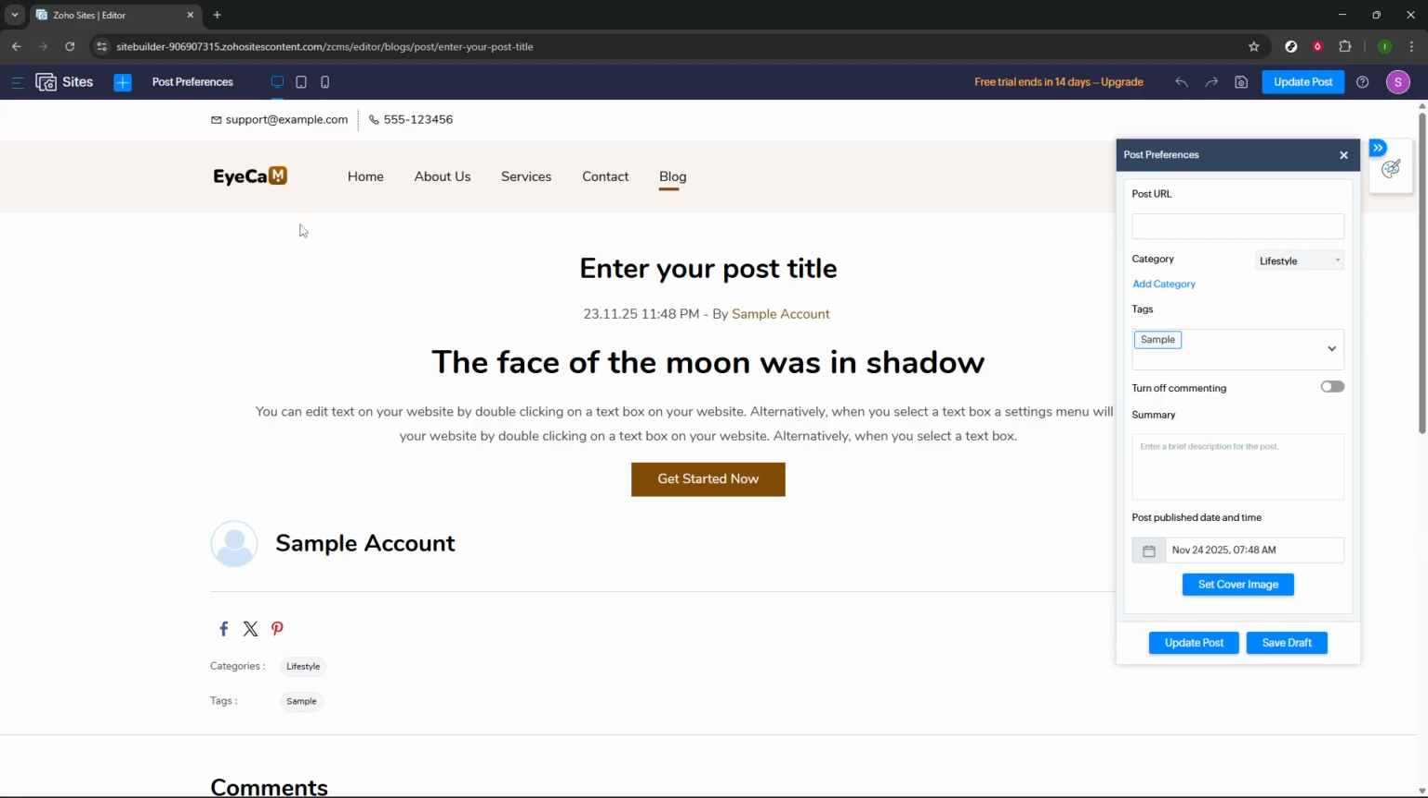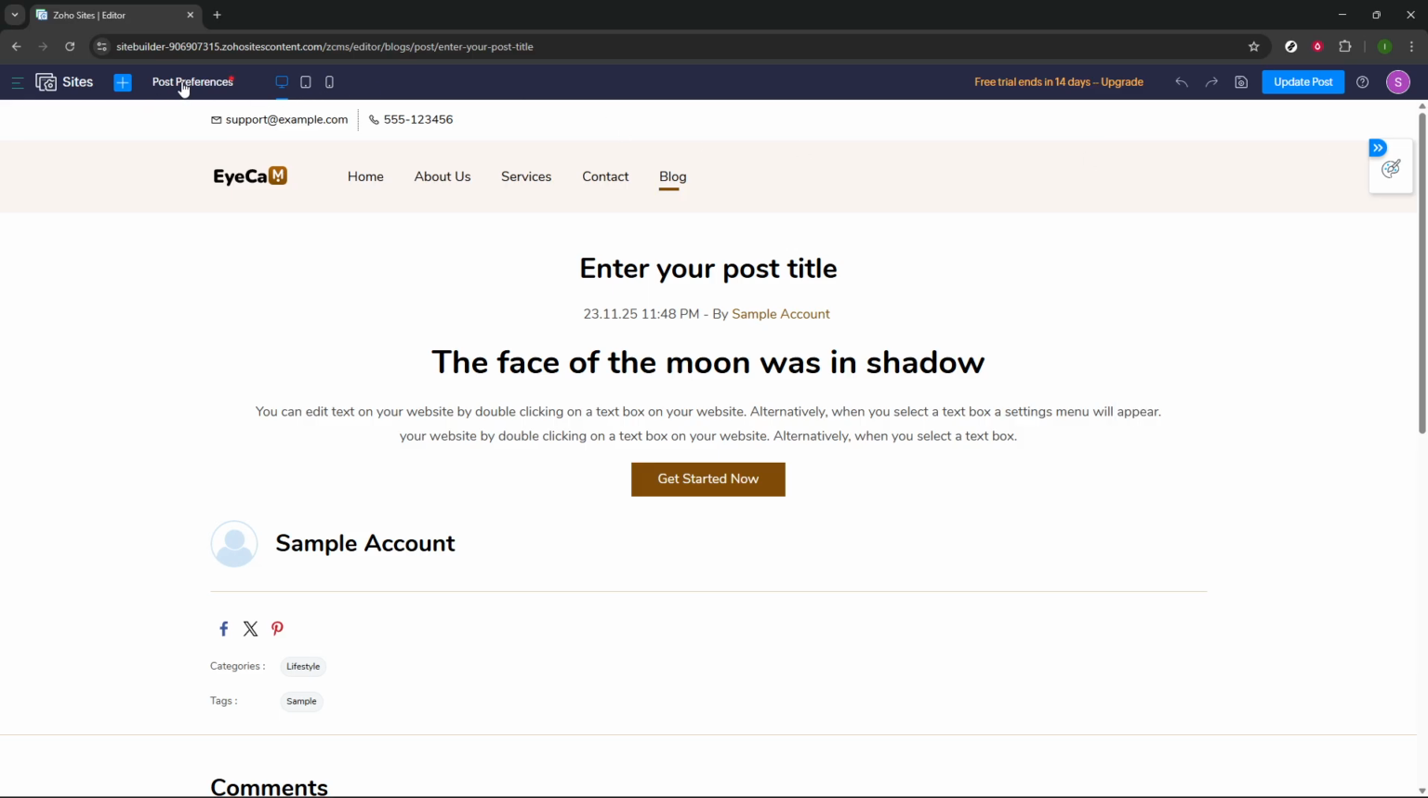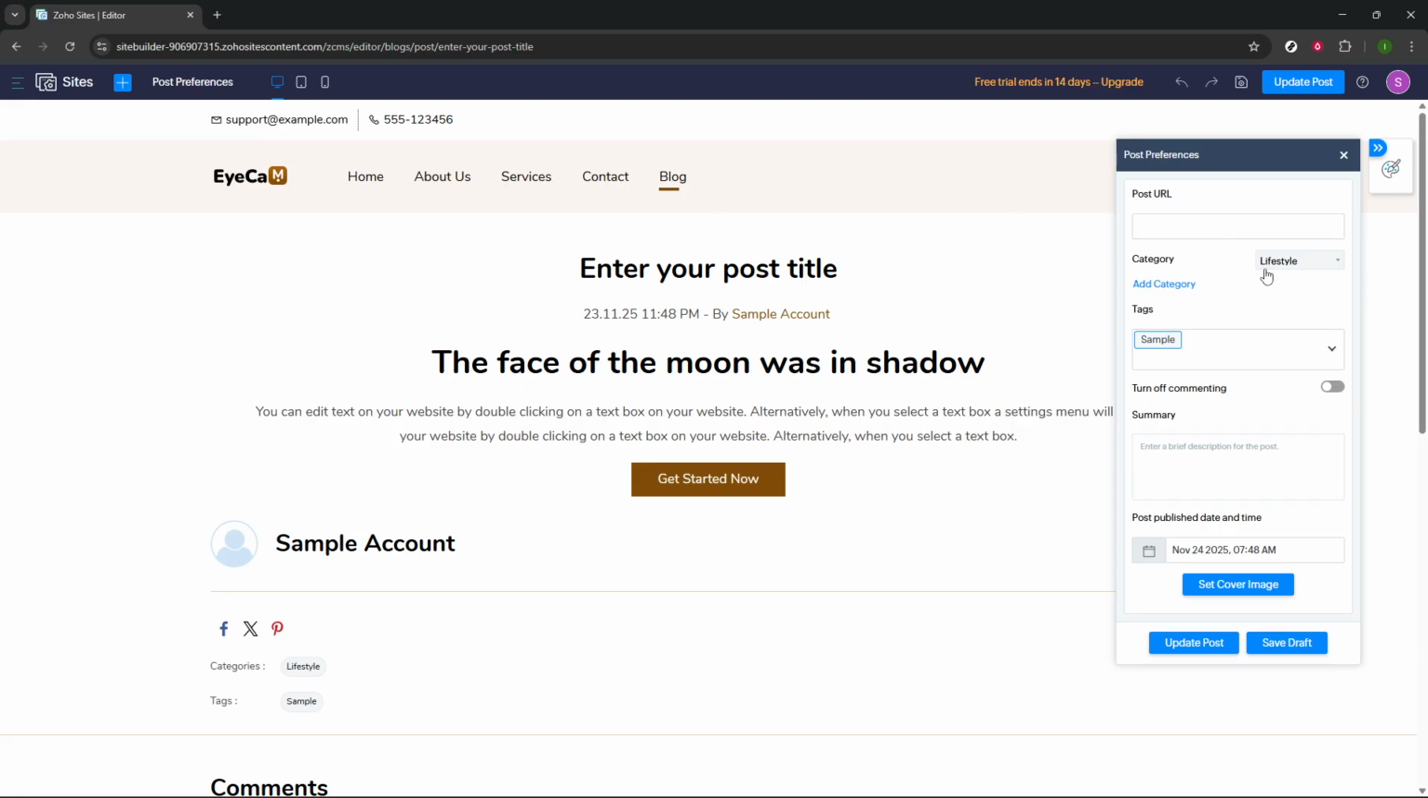Within the blog editor for your post, locate Post Preferences. This panel collects key options for the post. Look for the Category field. To update the category, click the drop-down next to Category and choose the category that best fits your content. This instantly reassigns the post to the selected category, which helps with navigation and any category-based filters you're using on